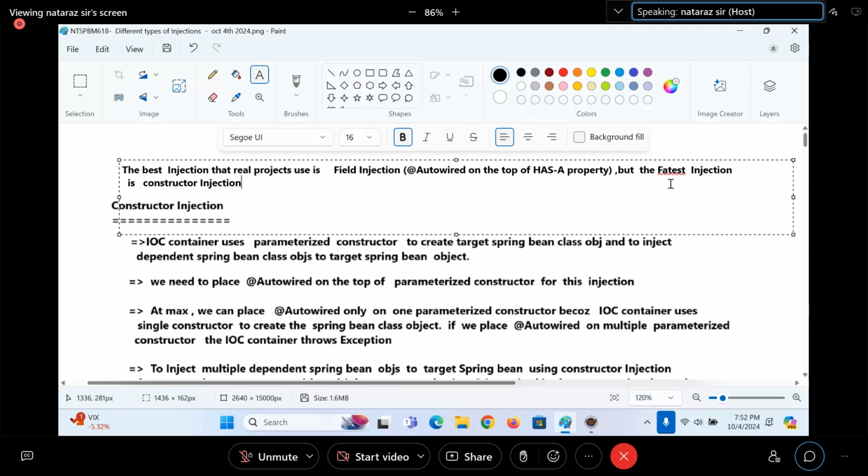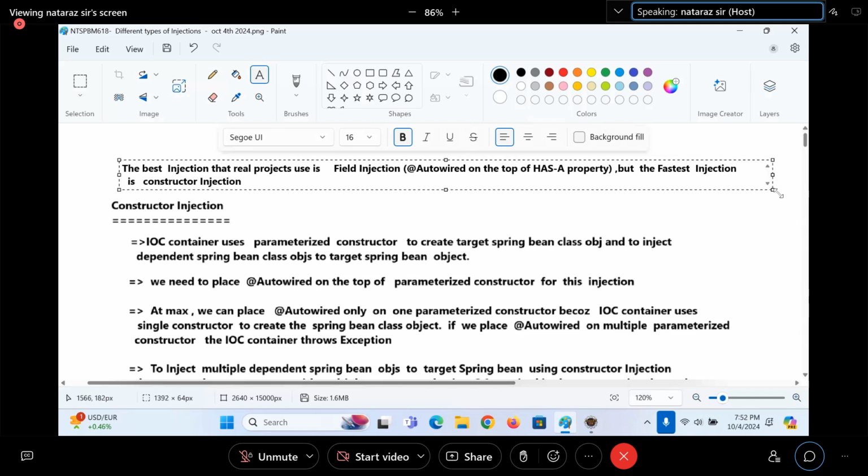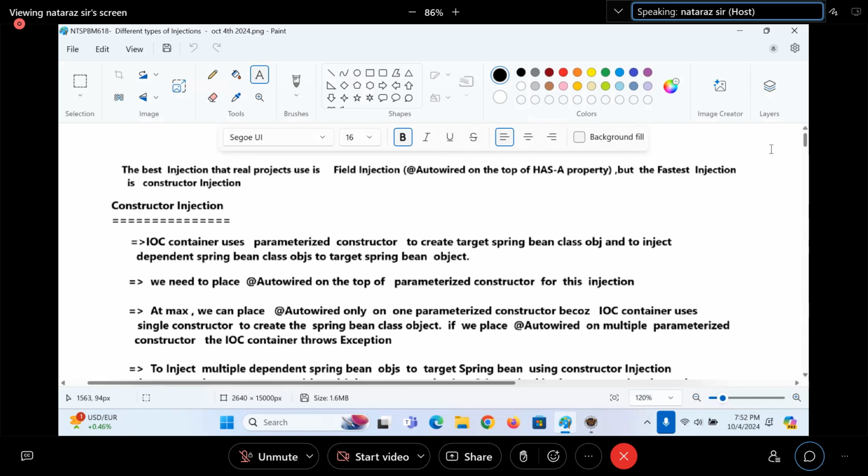Why is it the fastest injection? Because constructor injection will inject the dependents while creating the target Spring Bean class object. All the remaining injections will inject the dependents after creating the target object.